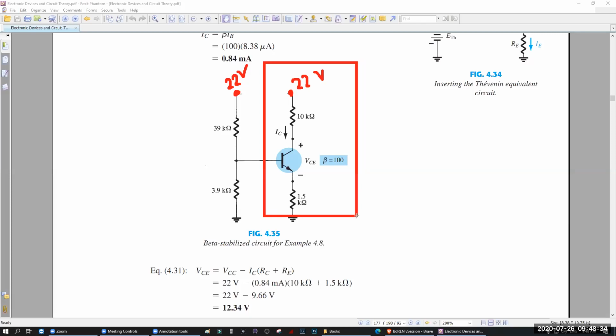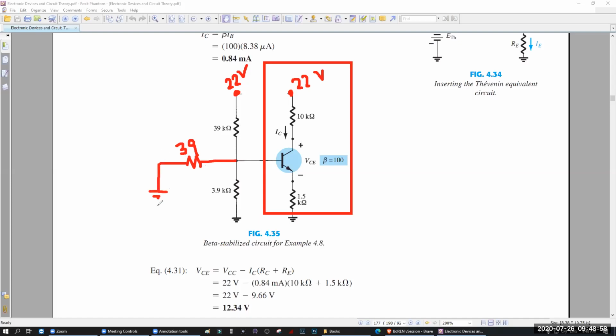We are going to keep them separated and unchanged. So now here, this part. What I'm going to do is draw the resistance like this. This is 39, this is also 39, and this is 22. So I'm going to write the 22 here, and the ground will be here. Now, this is 22, that is VCC. Now I am going to delete this part. Okay? Yes, sir. Same thing.